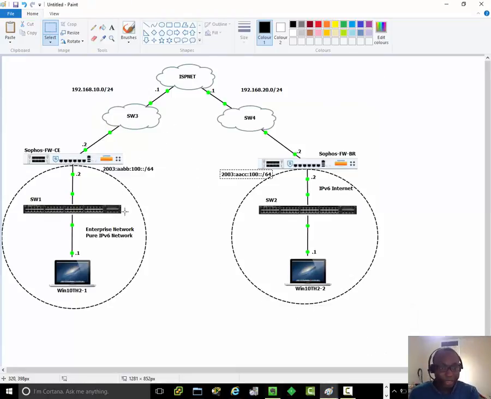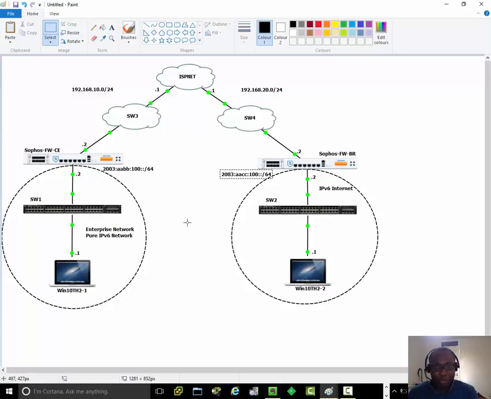We have an IPv6 network here with the prefix 2003:AABB:100::/64, and we have a separate IPv6 network here, 2003:AACC:100::/64. So these are two separate IPv6 networks. What we want to do though is have these two separate networks